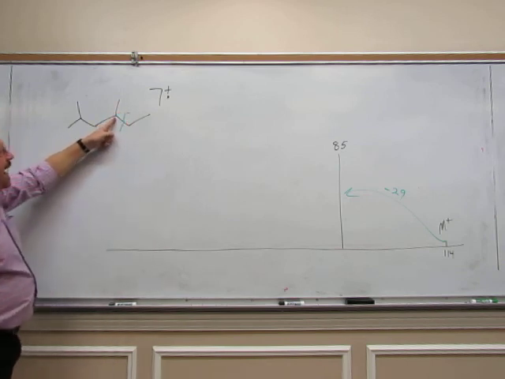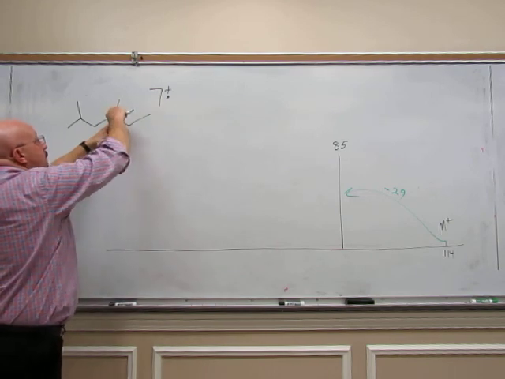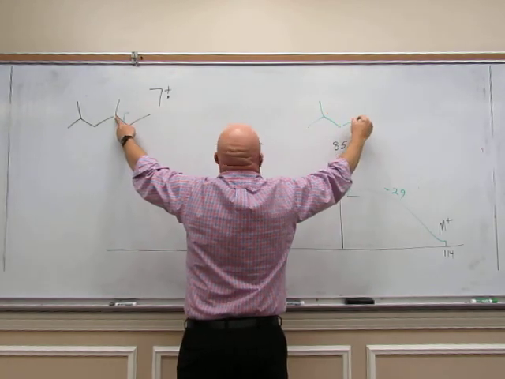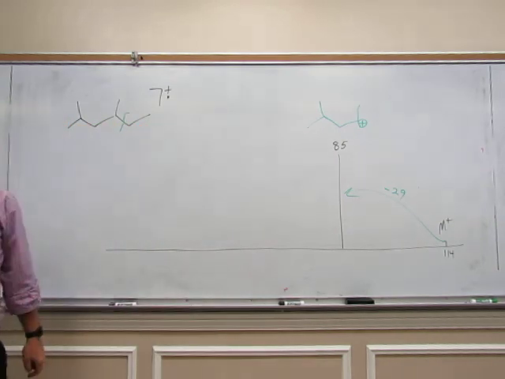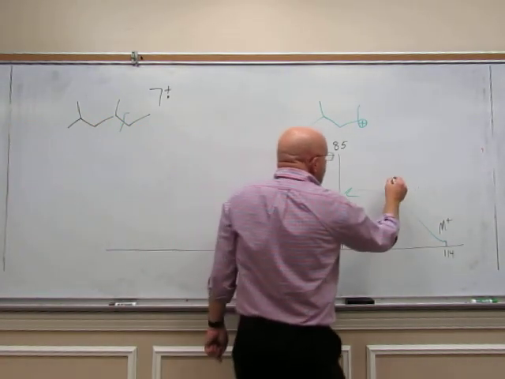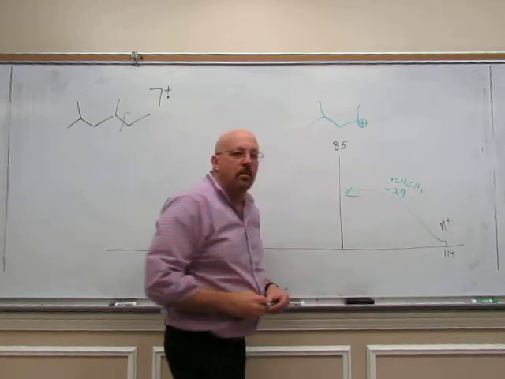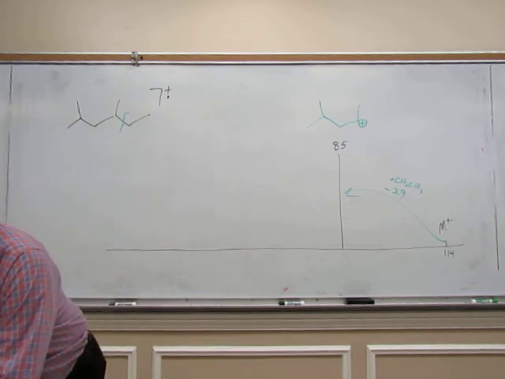So the peak at 85, if we lose the ethyl radical off, then the cation would be right there where my finger is. So this peak at 85 is that cation. We lost an ethyl radical. Now, what this is telling us is, if you're in the lab and you've made some